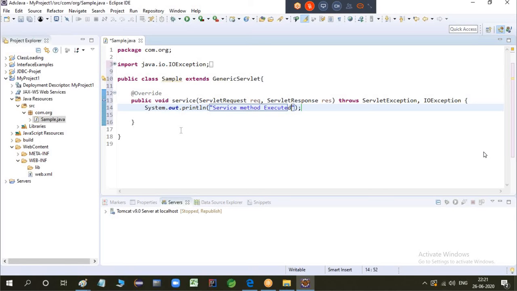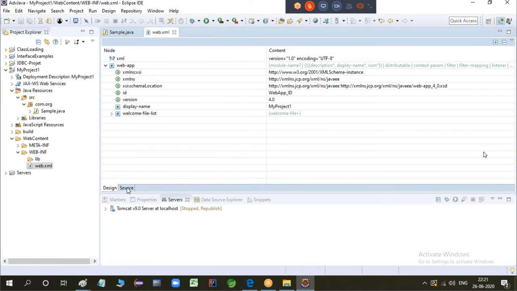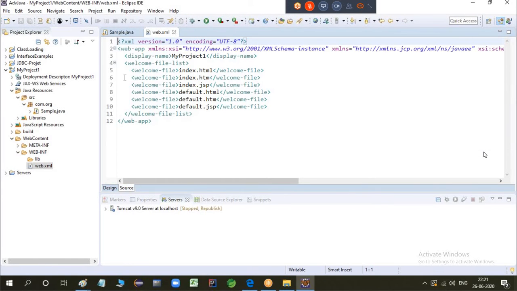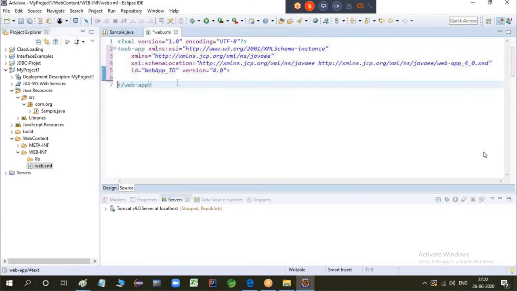Service method will be executed here. Now once your project is ready, you can go to web.xml file, and go to the source code here where some predefined things are generated. Right now I don't want this, all the welcome files, and Control Shift F to format.